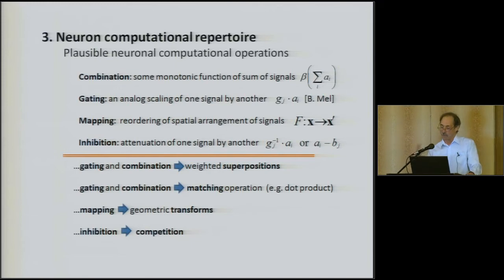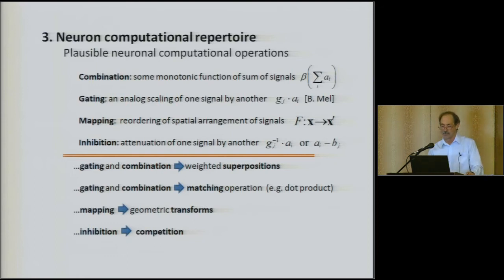So what I'm going to show you has basically only 4 basic functions. There's combination, which is a kind of monotonic function of the sum of signals. It does not have to be linear, just has to be monotonic. Gating of one signal by another, and I refer you to Bartlett Mell, as this is an intra-dendritic function. It's quite a few years now that lots of evidence has been found about that. Mapping, of course, is just a matter of connectivity, and inhibition, which we all know, is attenuation of one signal by another. And the point is that taking those 4 functions, we can get weighted superpositions, we can get matching operations like a dot product or more sophisticated matching functions, we can get geometric transforms, and we can get competition. And what I'm going to show you simply uses those 4 operations to